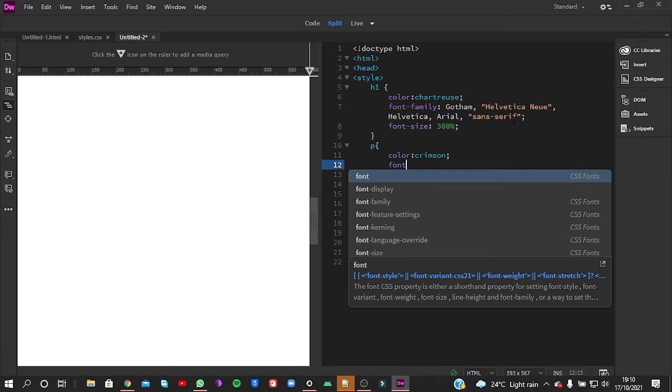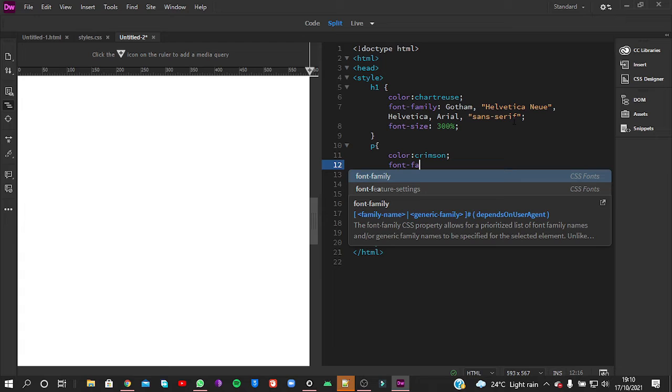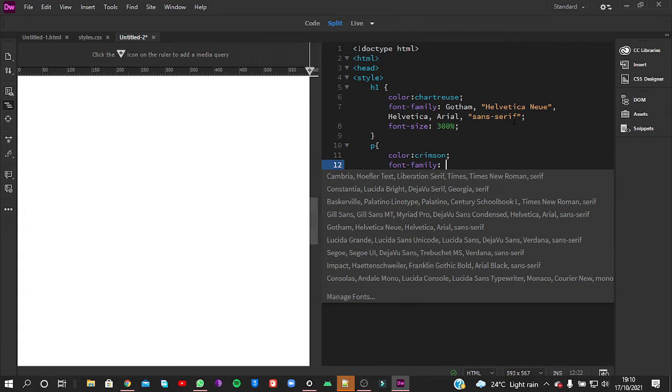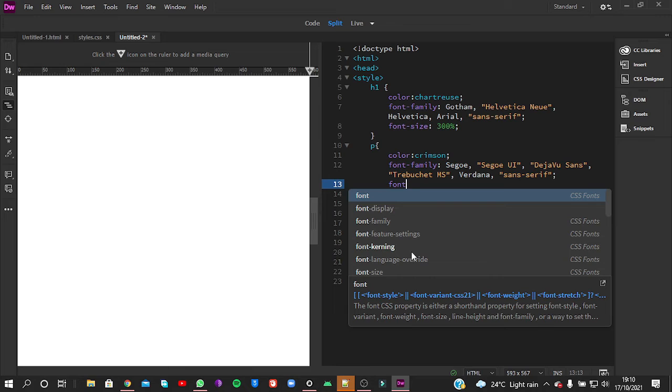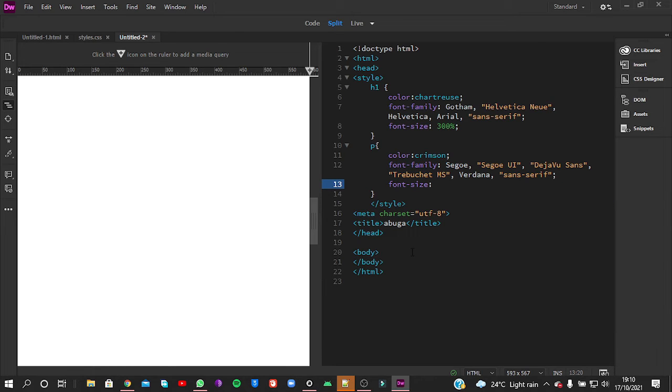Then you can do font, on the font size, okay, and then we're going to do